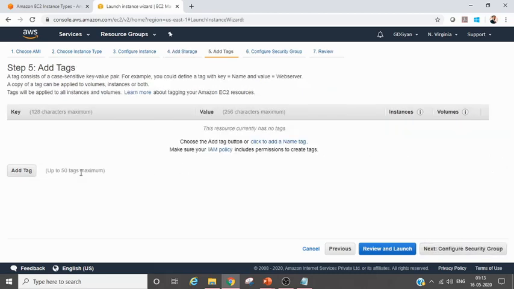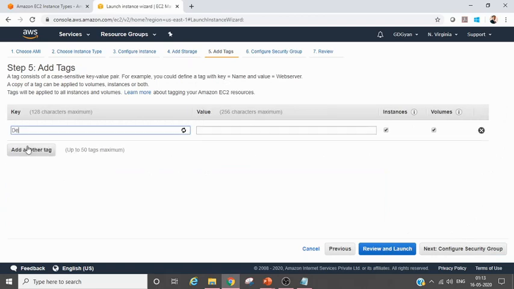So tags we have discussed. So something like department, I am doing it for finance, right? Like this, you can add your tags. So tags are also useful for billing purpose, right? So suppose I wanted to search all my devices with department. From my AWS organization account, I'm trying to search what all different AWS accounts created and all the departments with finance. So tags are helpful for that.